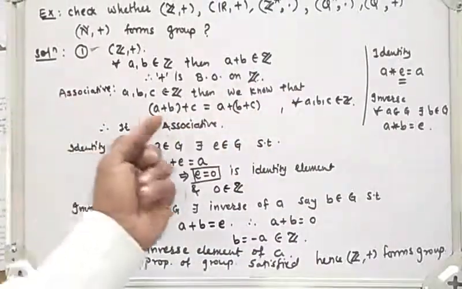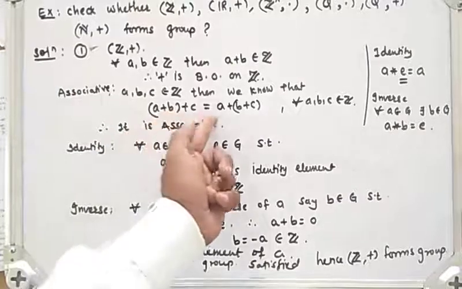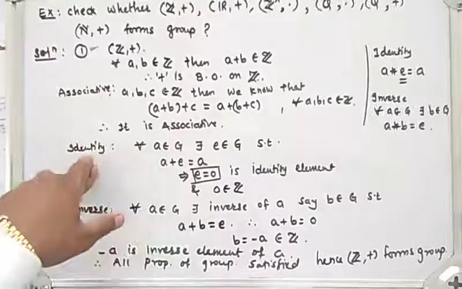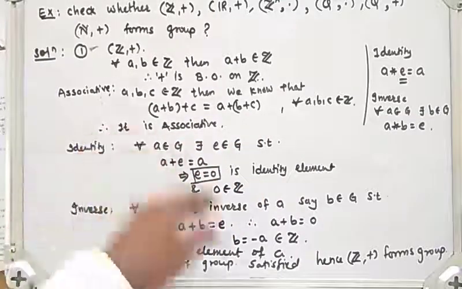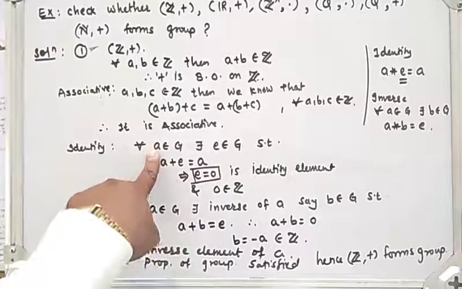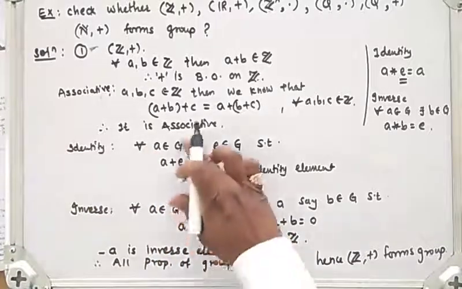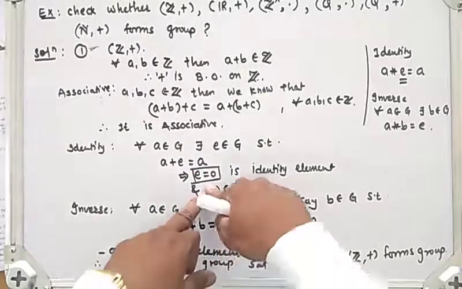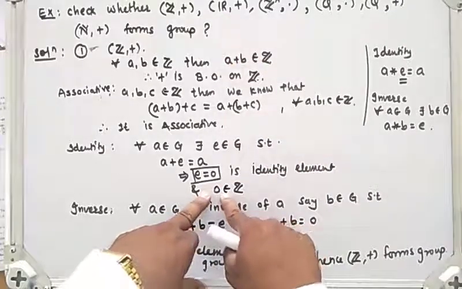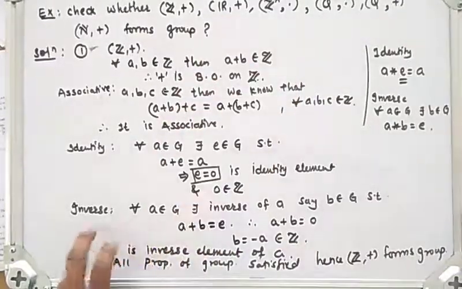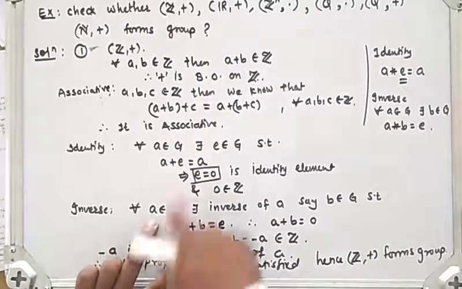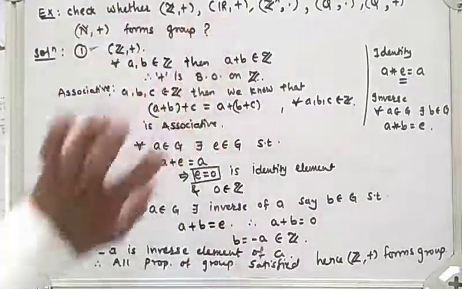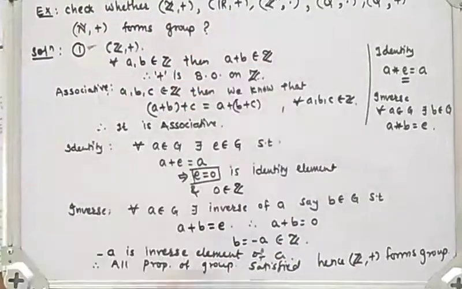Next, associativity. Here (a + b) + c is the same as a + (b + c), so associativity holds in R. To find the identity element, in the same way I take a belonging to the set of real numbers. Then there exists the identity 0, and 0 also belongs to R, therefore 0 is the identity element in the real numbers. Now to find the inverse: if a belongs to R, then there exists an inverse, minus a, which also belongs to R. In the same way we say that R under addition forms a group.